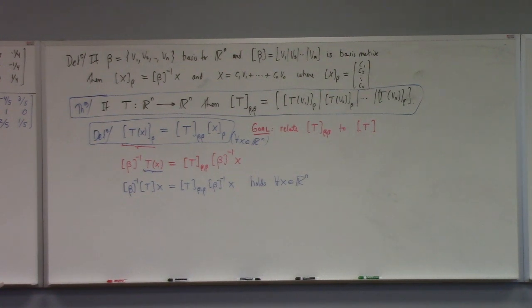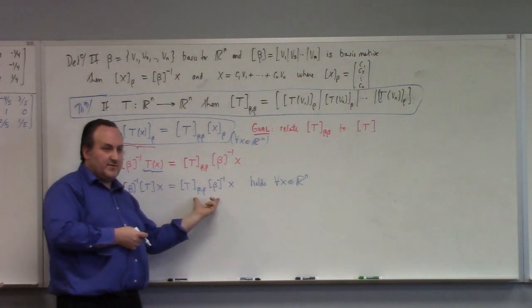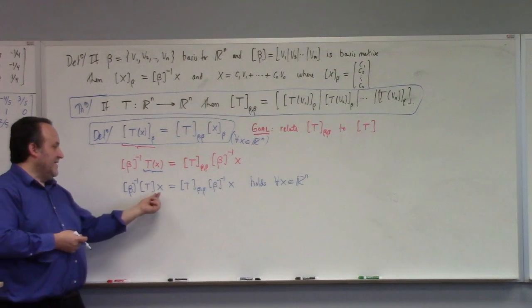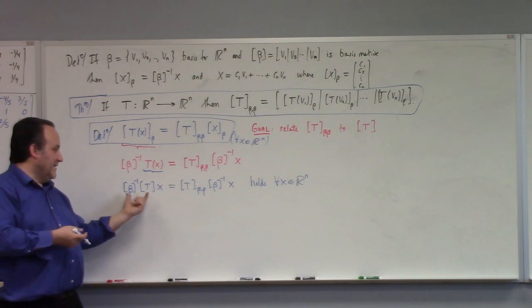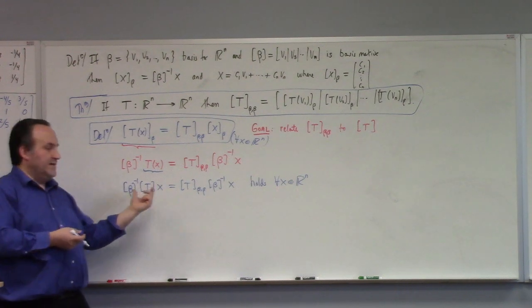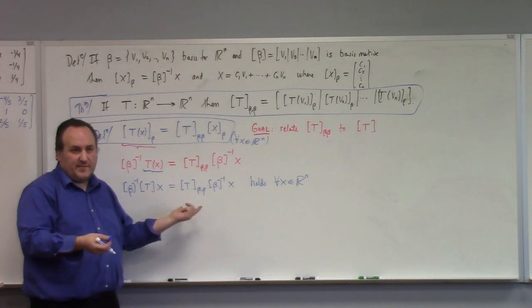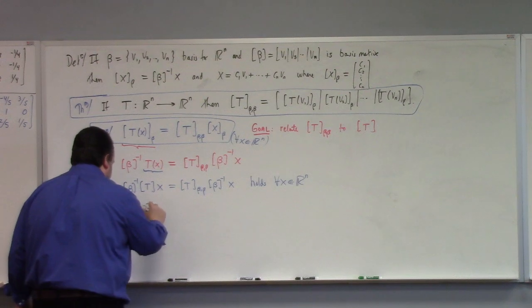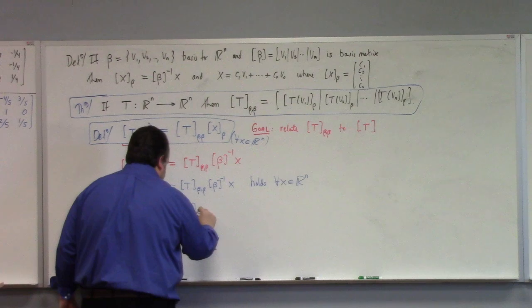I mean, essentially there's a theorem that if this holds for all x, it means that these two matrices have to be equal. Think about this. If I just let x be the e_j, then I immediately get that column j of this matrix is equal to column j of that matrix. And if they have the same columns, they must be the same matrix, right? So we immediately get beta inverse times the standard matrix of T is equal to the non-standard matrix